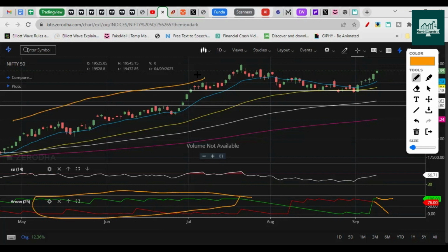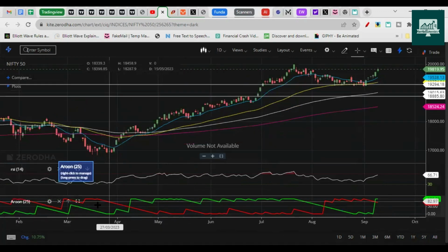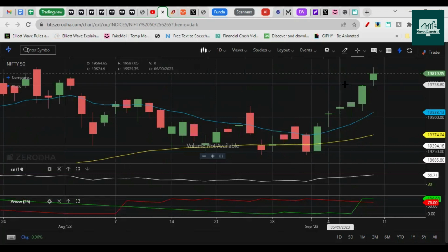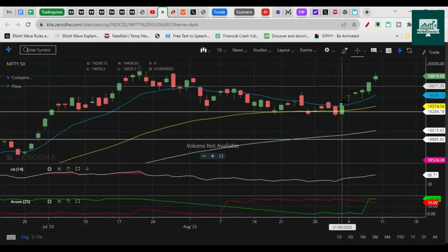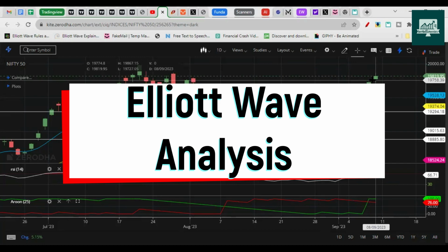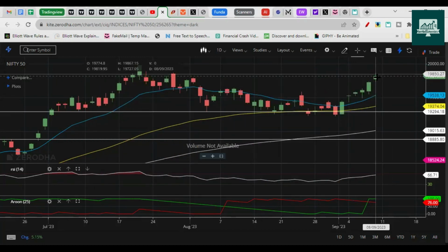If this happens, such a big rally can also occur, right? This big rally was an extreme bullish zone. So something like that can also happen. We need to be prepared for that. In last week's video, we were cautious about 19,700 levels. If Nifty breaks past that very easily, we were going to assume a bullish stance. So let's check Elliott Wave and understand whether it can still rise or whether it can trap here and sharply